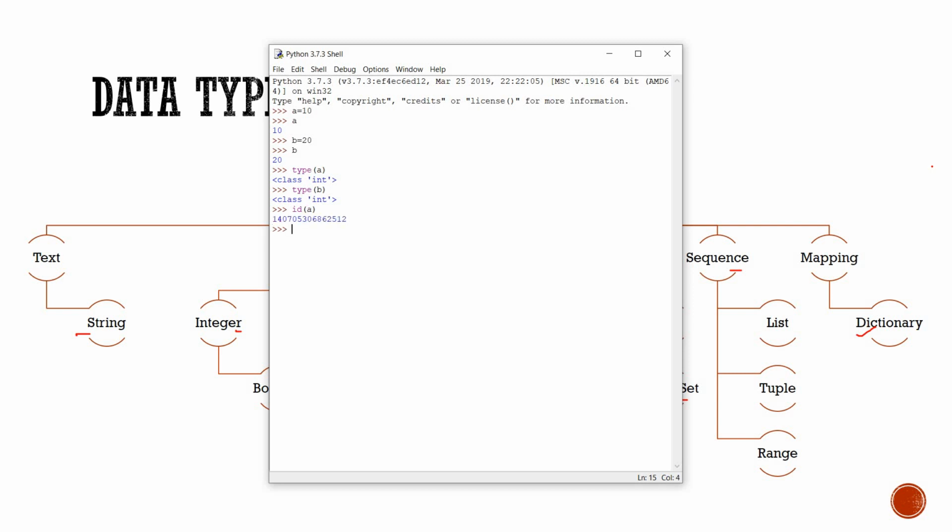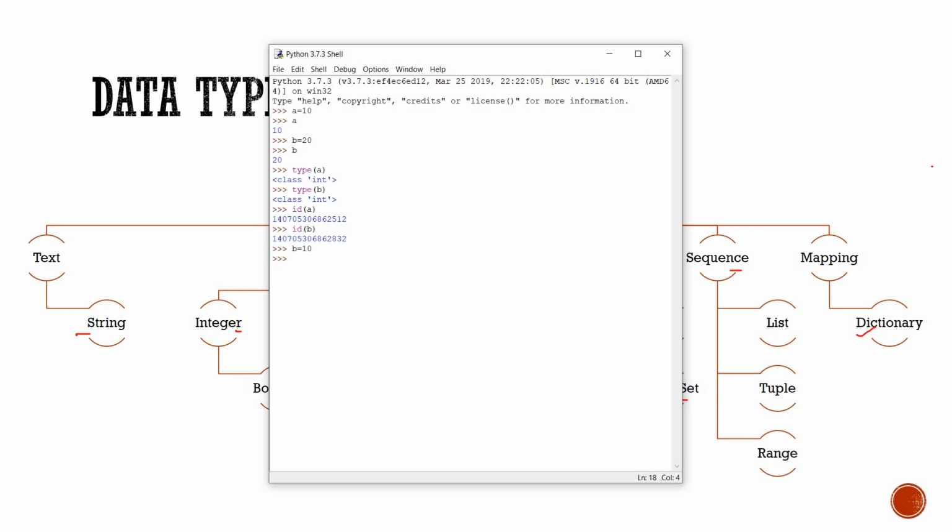I'm writing it here so you can see the address of A is this, and if I want to check the address of B, now the address of B is a different one. Now as in an earlier slide we checked, if I assign B the value same as A, and now I'm assigning B is equal to 10 also, what happens is it changed the value of 20 at the same address, or it points towards the value of A which is at the address 512.